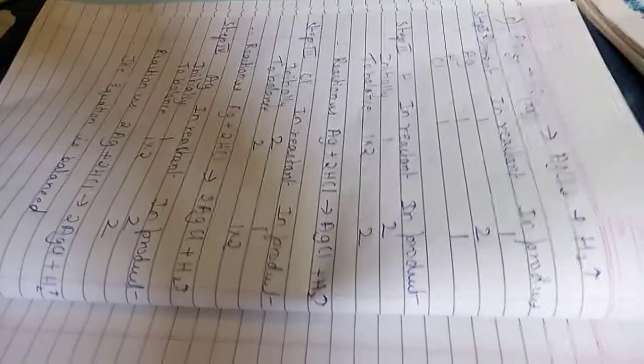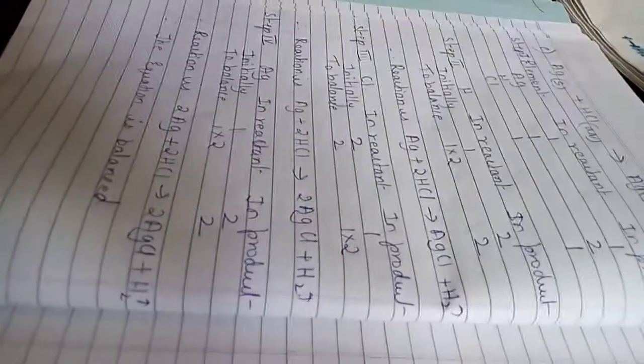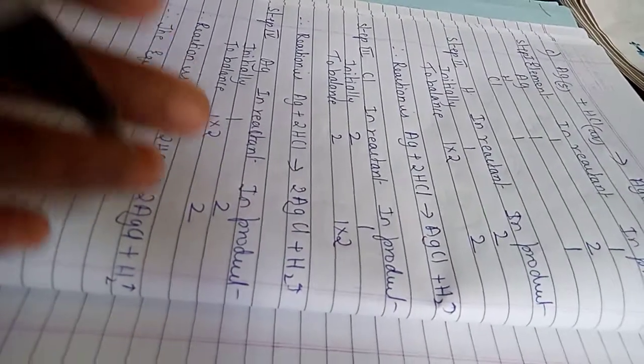Practically this is all an unnecessary lengthy method. By trial and error you can solve it in one step, but your textbook doesn't allow us to do that. So we have to do all this long process.